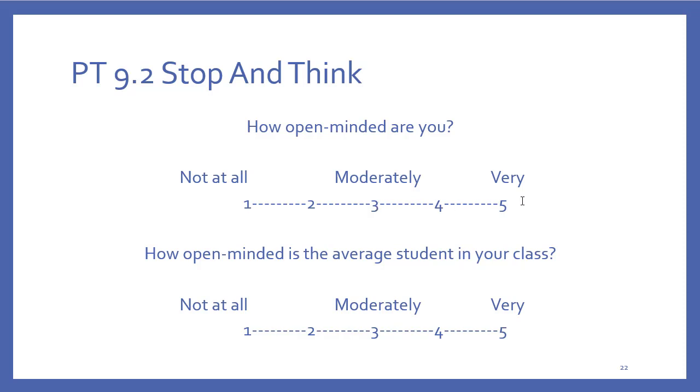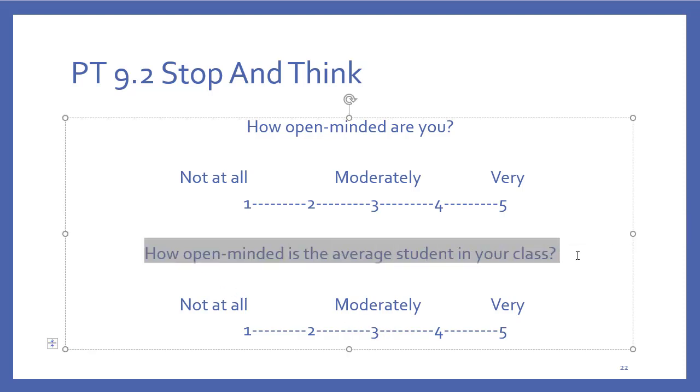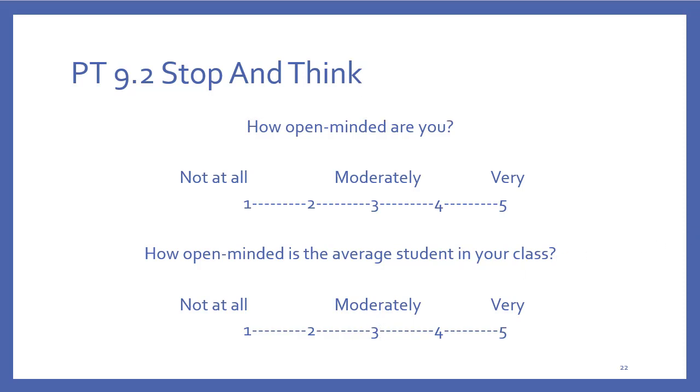Okay, but for people who say how open-minded is the average student in your class, very seldom will they actually pick 3, which is curious because that's exactly what this question is asking you to do. If we're talking about average, that means where is the middle person in your class, and probably the answer is moderately, when you look at the total scale that you have available. Now, people can be generally more open-minded or not, but if we're asking what's the average person, then it's probably going to be moderate. Okay?